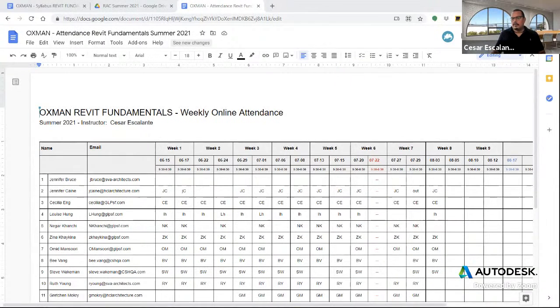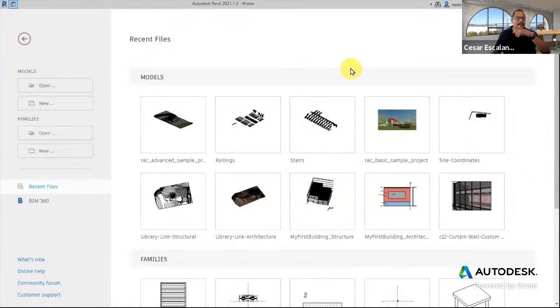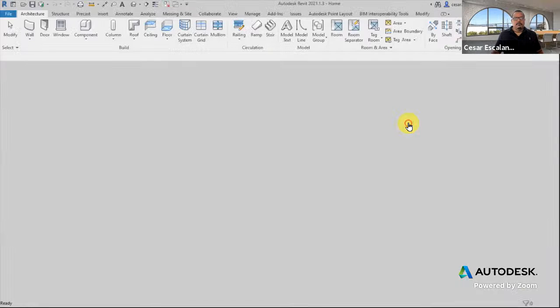Okay, so last class, we talked about parameters and the different types of parameters. If you recall, we talked about project parameters and shared parameters. We started understanding how Revit manages custom information and how we can add additional information to the elements we want to quantify and schedule inside our models. And I showed you how to